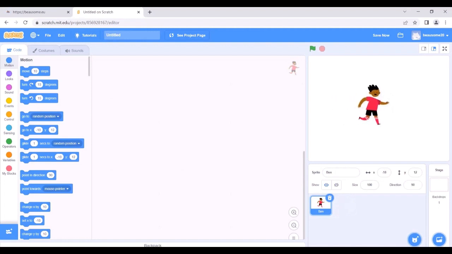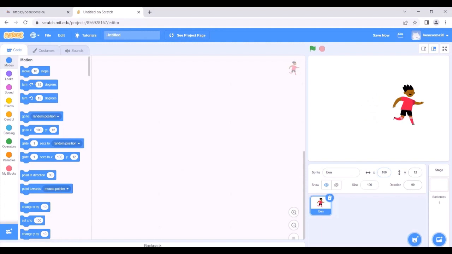To move Ben in this area, we have some options here. First, we have the name of the sprite and we have the coordinates. So here we can add, for example, 100 to the x-axis. Our sprite will move right.